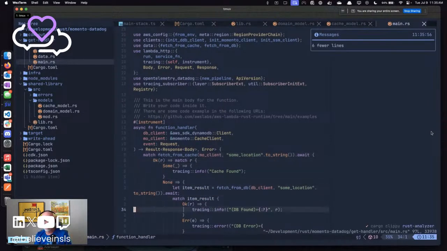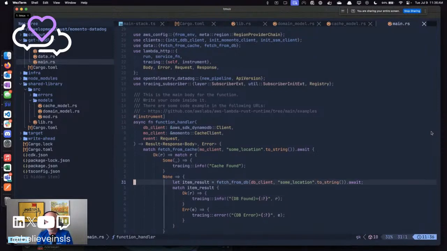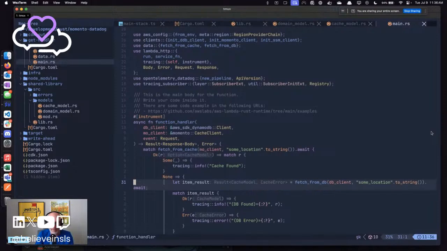Awesome. Cool thing about Rust, if you haven't used it, or if you've read some of the preview of the Serverless Rust book that is coming out by James and Luciano, they talk about the awesomeness of matching and pattern matching and that sort of thing. So if I show you what's actually happening, here's the hint. So my fetch from cache